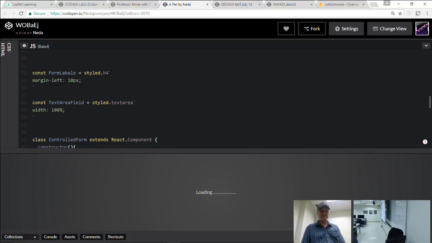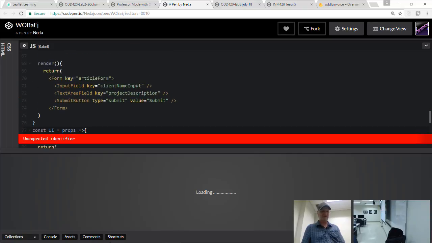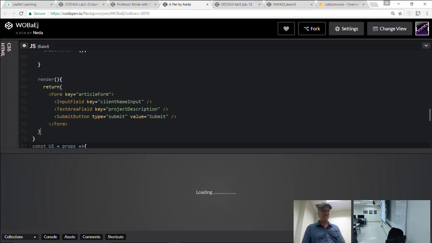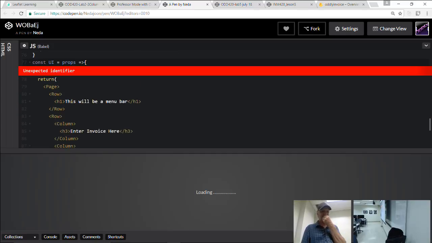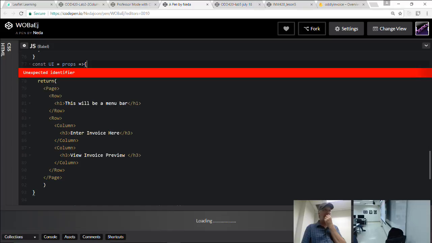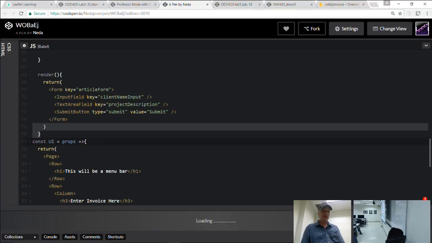Let's see. Right down here? I have the same thing, the unexpected identifier. Uh-huh, okay. Which means somewhere in her code there's an extra. When I see that one, I had it earlier too. I had to replace everything inside the page. So something is not closed up. It's right there. At the top there, it's missing one more closed curly brace. Just up one line, maybe one more closed curly brace. Oh, right, because that's the end of the render function. So here, let's move these over and we'll put one more in.